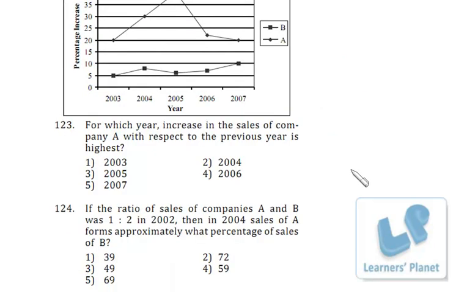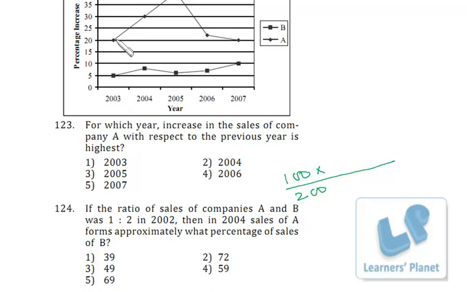Next is, if the ratio of sales of company A and B was 1:2 in 2002, then in 2004 the sales of A form approximately what percentage of sales of B? So it is 1:2, so I assume it to be 100 and 200. So sales of A in the year 2000, I assume it to be 100, and sales of B, I assume it to be 200. Then in 2002,